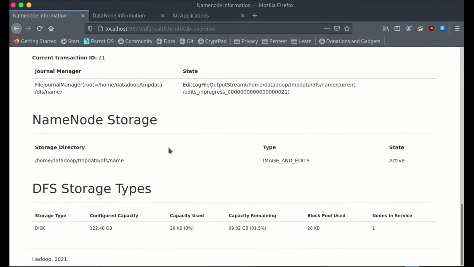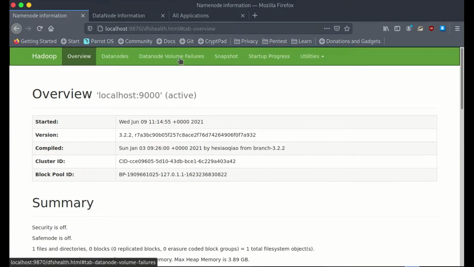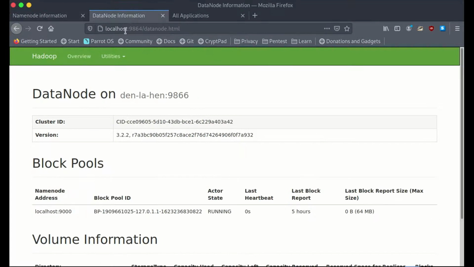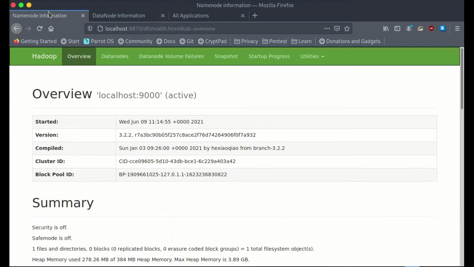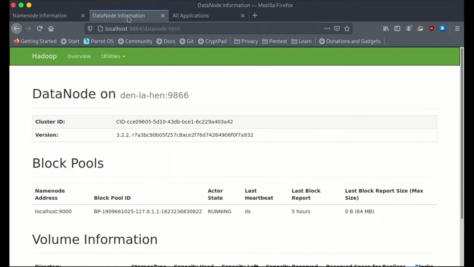You can also see your DFS storage types here. In order to access your data node, you can edit the localhost port number to 9864. So the port number for name node is 9870 and the port number for data node is 9864.